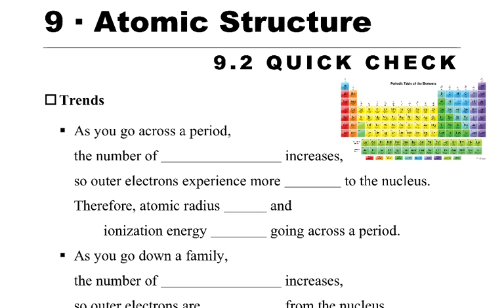Okay, going through this 9.2 quick check. First thing is this paragraph. As you go across a period, the number of protons increases, so the outer electrons experience more attraction to the nucleus. Therefore, the atomic radius decreases and the ionization energy increases